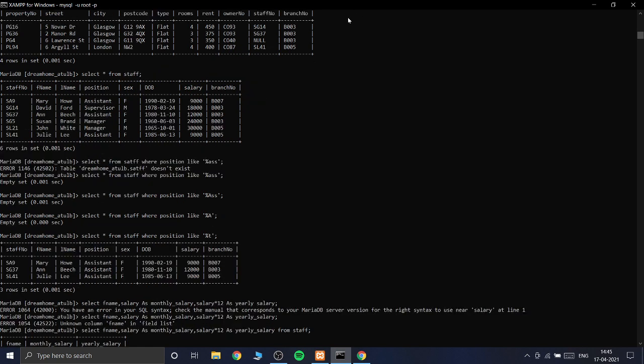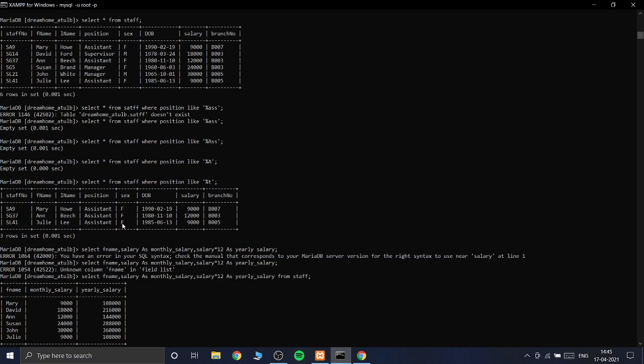Now if you want to select a row depending upon the characters of a column, we use select star from staff where position like percentage t.